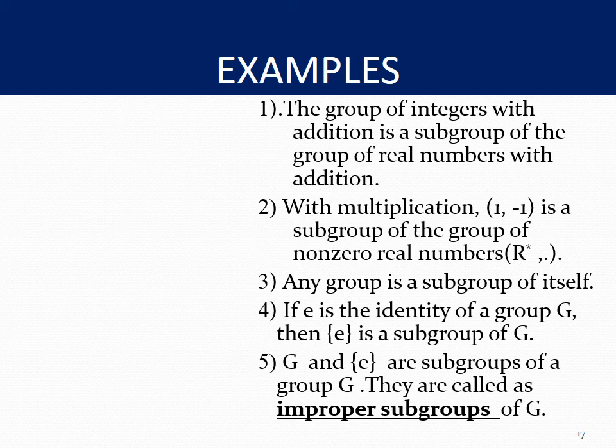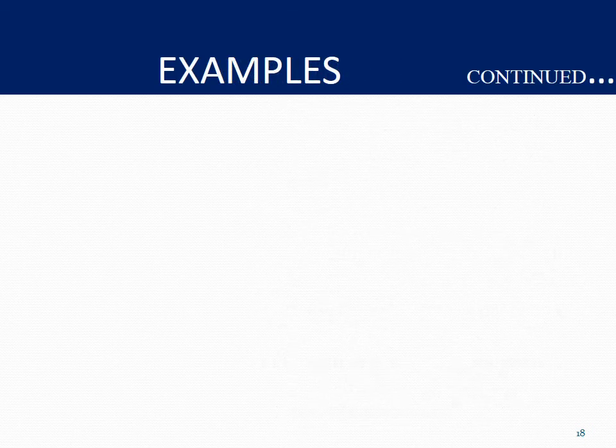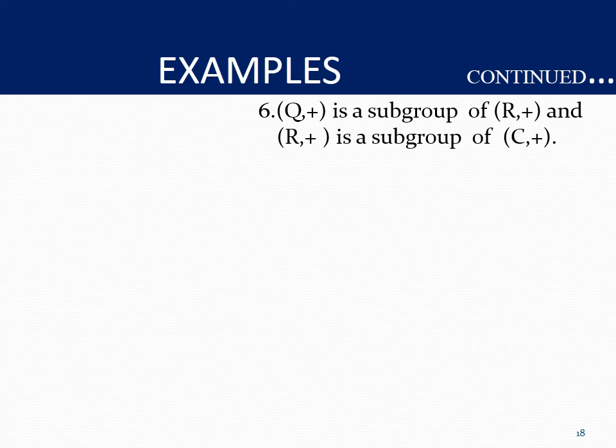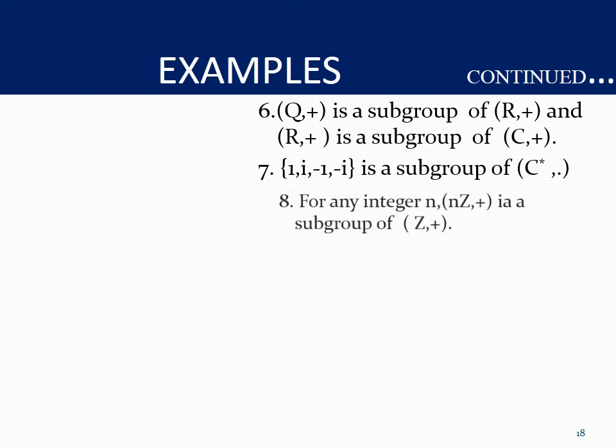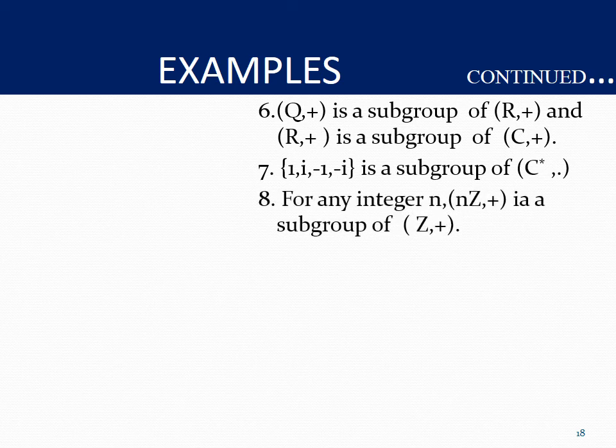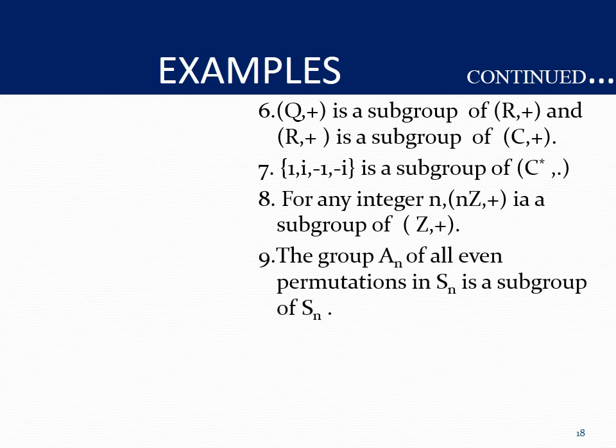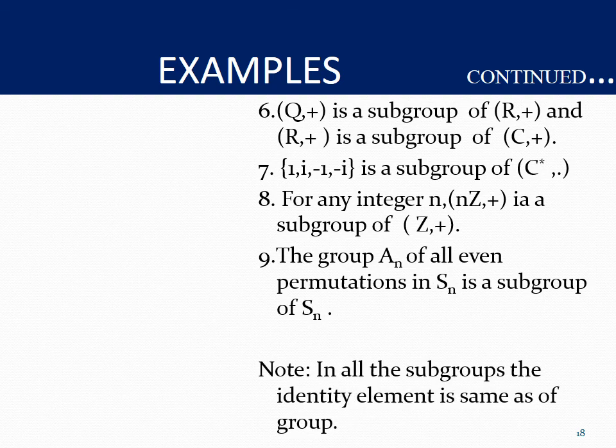G and {e} are subgroups of a group G. They are also called improper subgroups. Q is a subgroup of R and R is a subgroup of C. In addition, (Q, +) is a subgroup of (R, +) and (R, +) is a subgroup of (C, +). {1, i, -1, -i} is a subgroup of (C*, ·). For any integer n, (nZ, +) is a subgroup of (Z, +). The group An of all even permutations in Sn is a subgroup of Sn. In all the subgroups, the identity element is the same as